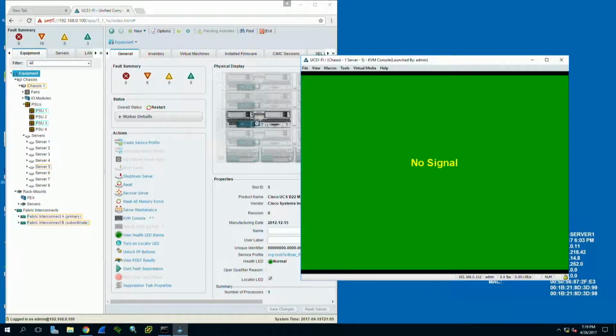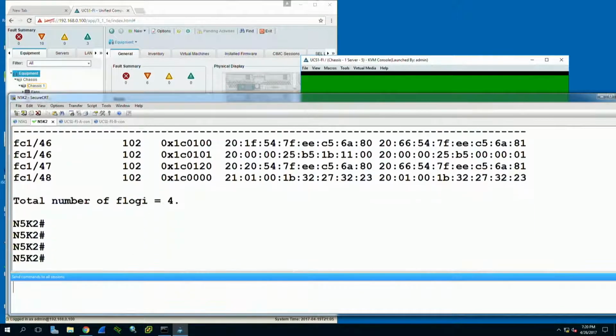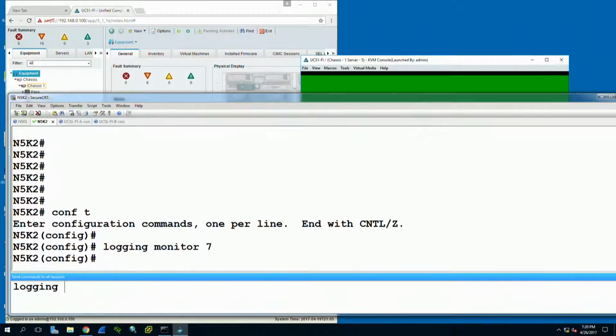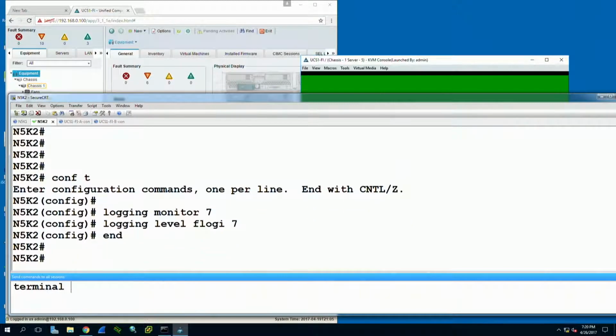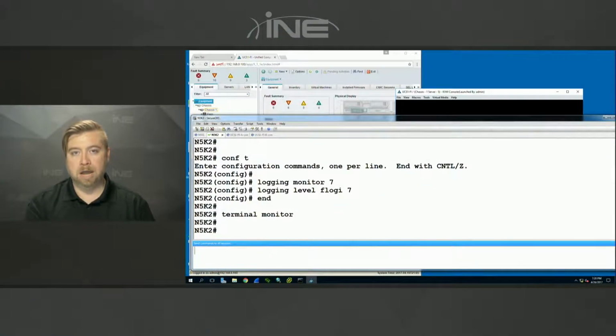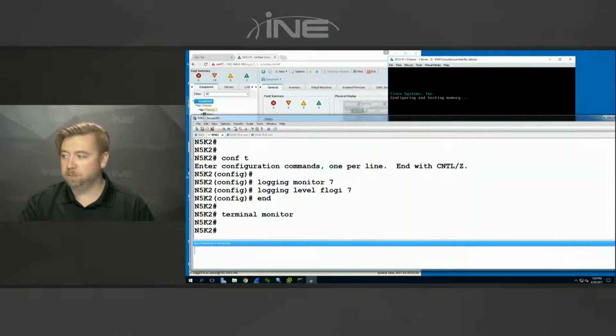Now, additionally on the 5Ks, what I'm going to be doing northbound, okay, so on 5K1 and 5K2, we're going to go to global config, let's say logging monitor 7, logging level for fabric login, or logging level flogi is going to be at level 7, and then terminal monitor. Okay, what we should see is that when the storage driver runs in the BIOS, and we'll be able to see this from the KVM, it's going to say VIC FC boot driver. We should see that we get a syslog message from the 5K's point of view that the storage port worldwide names have requested a fabric login, and then ultimately that the northbound switches grant that, and what they're assigning is